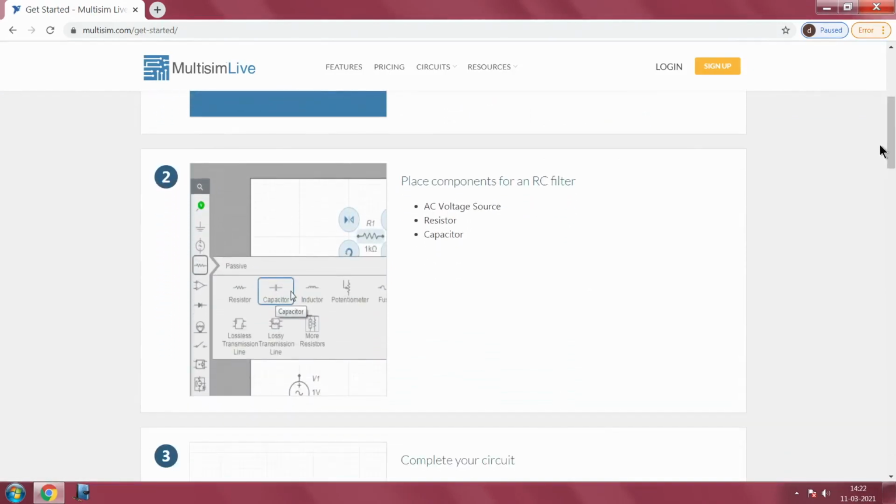The next step is that whatever circuit you are planning to realize, place it on the component area by simply dragging and dropping. There is a basic database available in the online Multisim software.